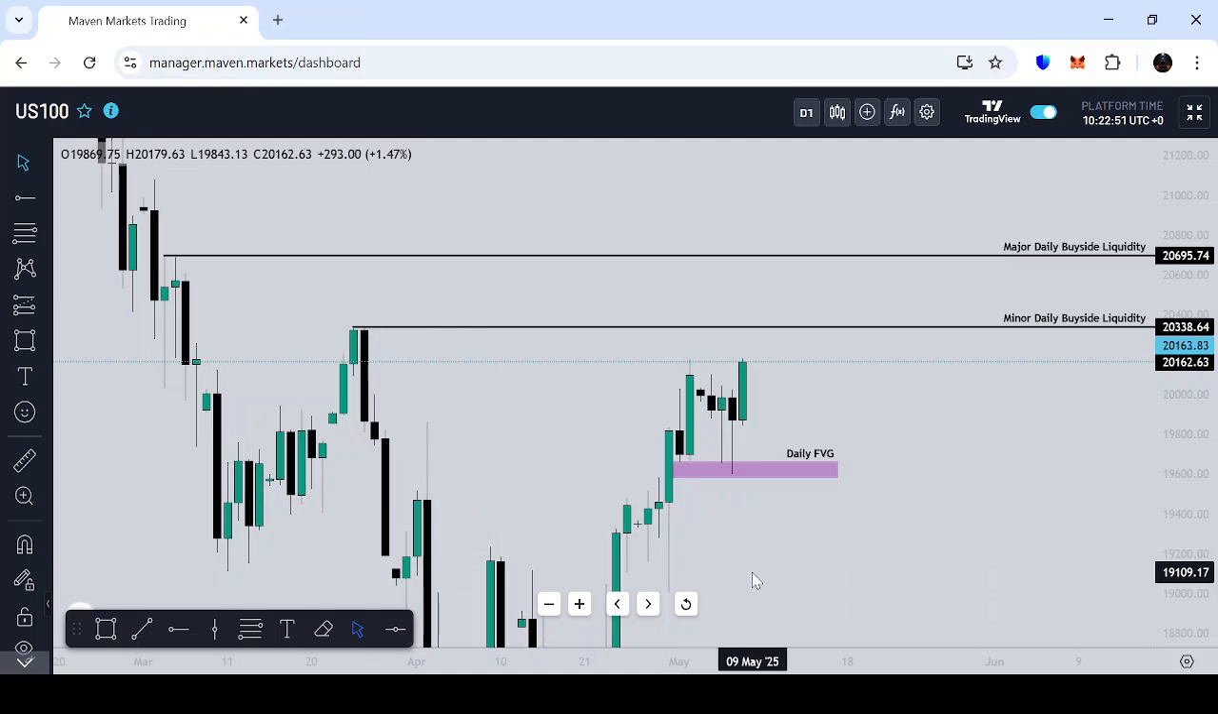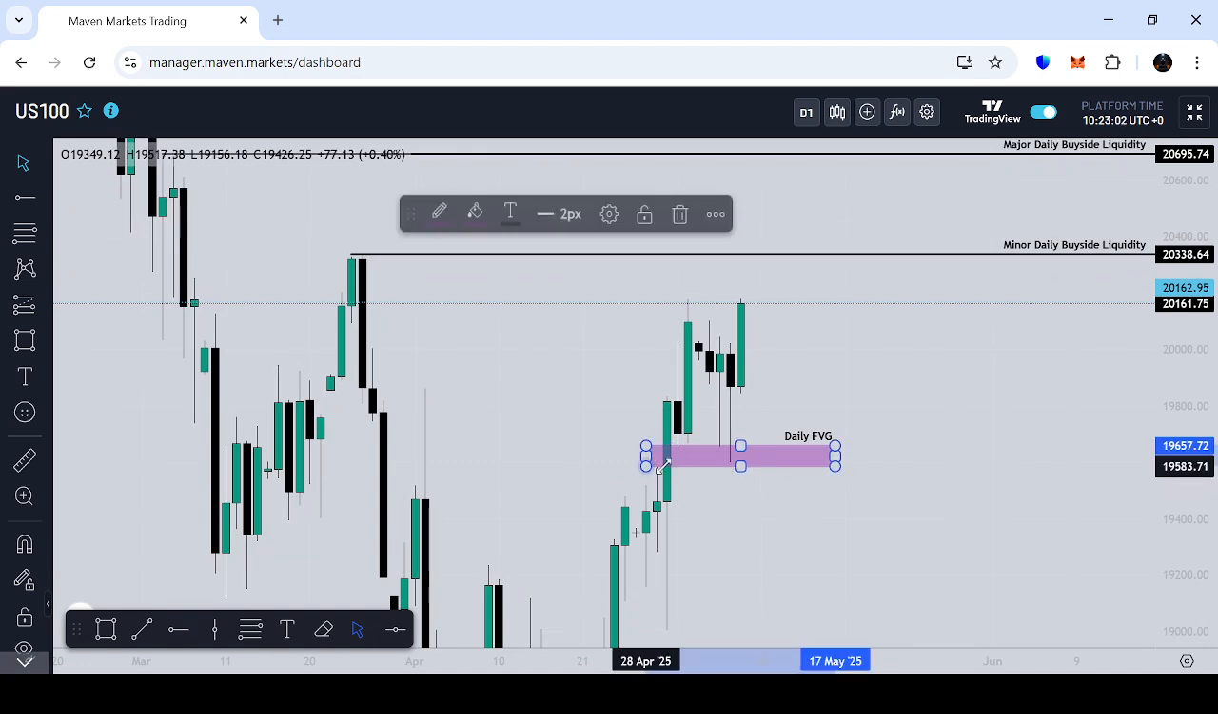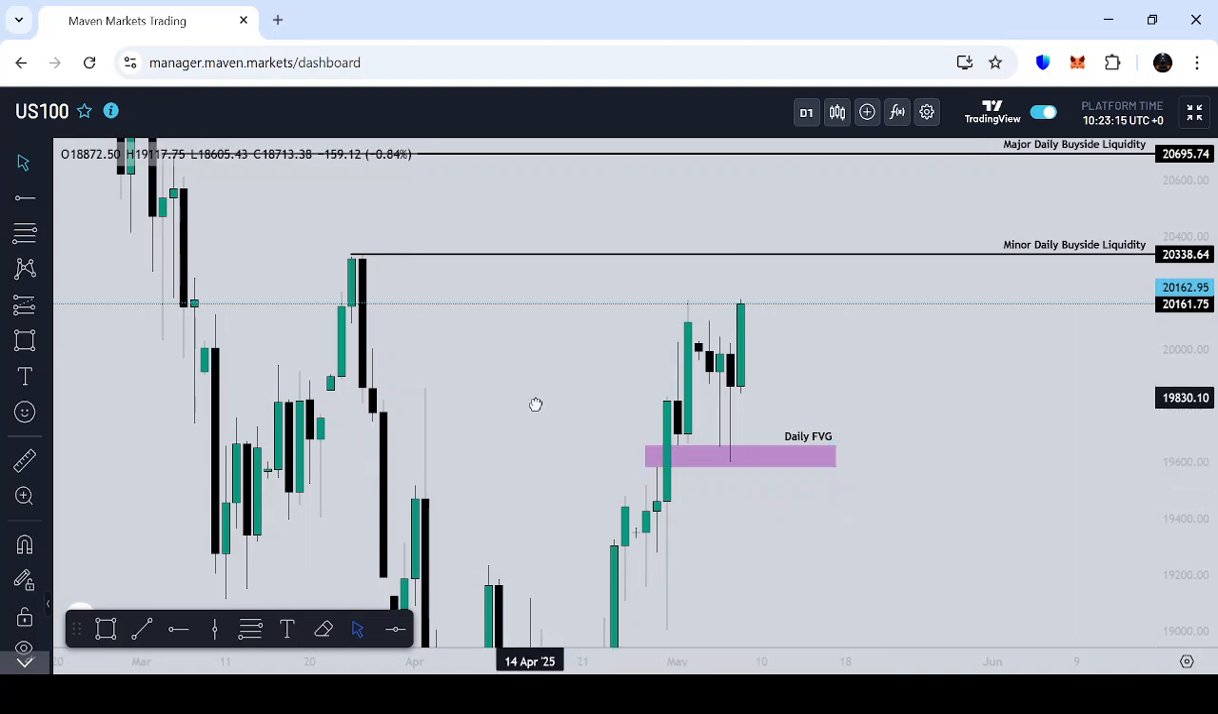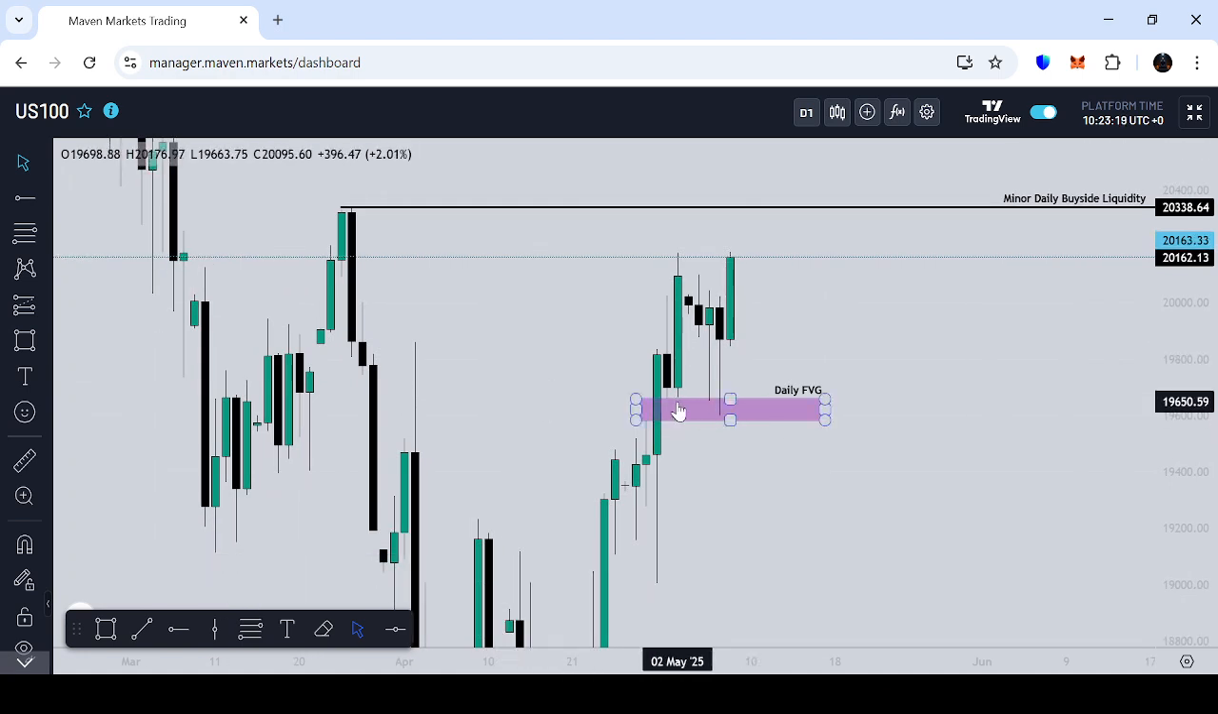Looking at the Nasdaq chart, this daily chart, we could see the daily fair value gap I outlined in the previous video I made for this week's price anticipation. That's the caption for the video. You could see we are outlining this fair value gap